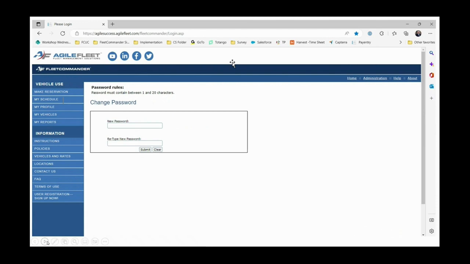Now you'll notice here at the top where it says password rules that in this instance the site is configured so that the password must contain between 1 and 20 characters. That's something that may vary with your site. Just make sure to pay attention to the instructions that are on there. It may say that you have to have at least one letter that's capitalized or a unique character. Just follow those and make sure that your password